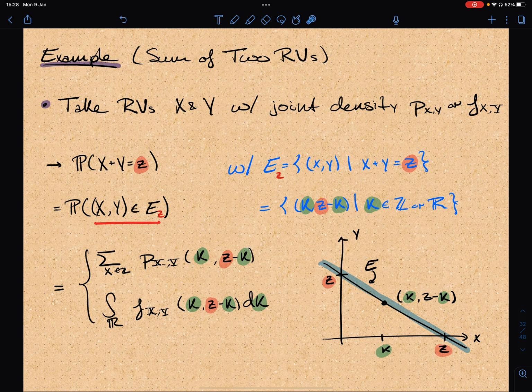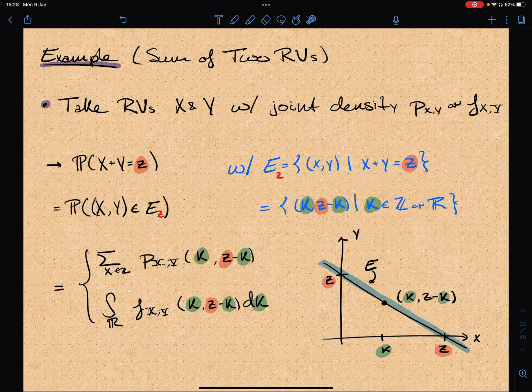When we write the probability that x plus y equals c, this event is the same as this event, where x and y are picked so that their sum is equal to c. And I can actually rewrite this event, represented a different way, by this collection of tuples, which is k comma c minus k, such that k is in the integers or in R,